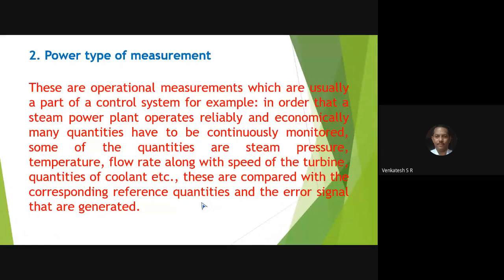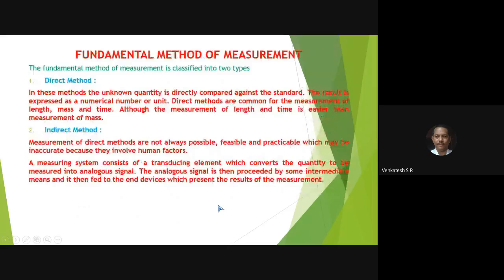So the control unit is placed away from the plant, so that everything is controlled by using power. That may be electrical power, hydraulic power, or any type of power. From that you control the system. That is called power type of measurement. Good examples are steam power plants, nuclear power plants, and other plants where you can control the parameters away from the plant. Next, come to the point,